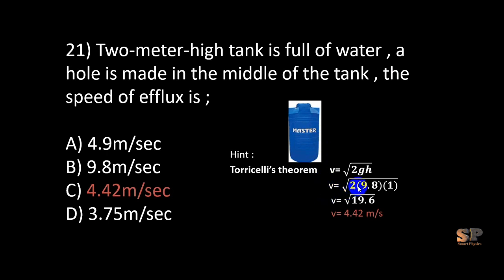Therefore, we will have 2 into 9.8 into 1 under the root. Therefore, by further calculating, we will get 4.42 meter per second. लिहाजा हमारे पास दुरुस्त ऑप्शन होगा ऑप्शन सी विच इज 4.42 मीटर पर सेकंड।